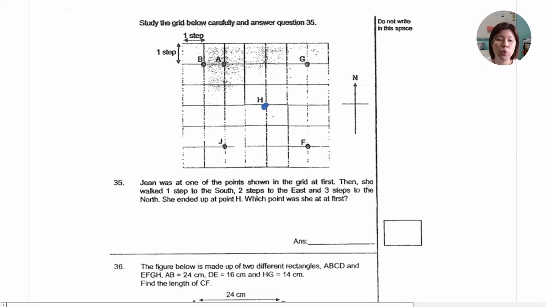Okay, so we are supposed to find at first, so we move backwards. She said that she moved 3 steps to the north. So if she move backwards, it will be 3 steps to the south. South, in case you all don't know, let's put all this here. South is bottom. So we move 1, 2, 3 south. Now we have to move, no, 2 steps to the east, sorry. So 2 steps to the east, opposite direction is west. West is here. So we move 2 steps, 1, 2. And then after that, she moved 1 step to the south. So 1 step to the north. In opposite direction, she's here. So she has J at first. Okay. Next,